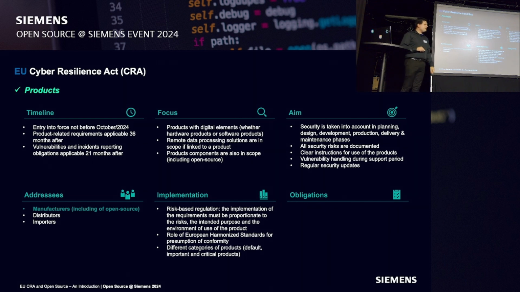Implementation is quite complex. The technical product requirements depend on the risk, as I also heard from the colleague from Red Hat. So the first thing when you design a new product is to define the purpose of the product and the environment where you use it, and then perform a threat modeling, a threat and risk analysis. Then, based on the risk that you identify, you need to assess and document how you implement the requirements for your product.